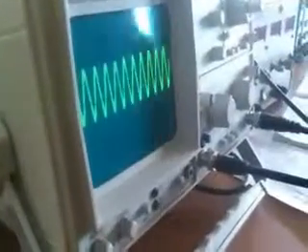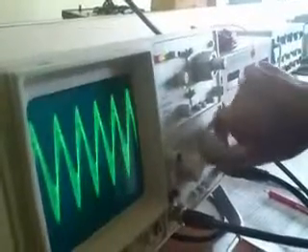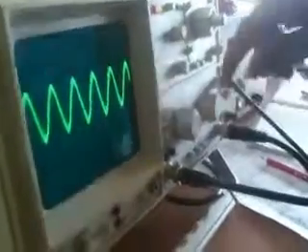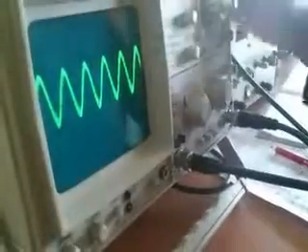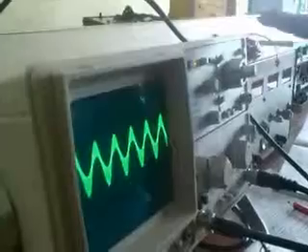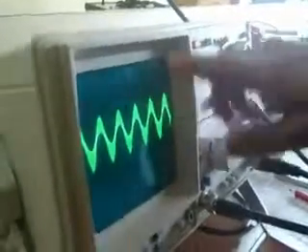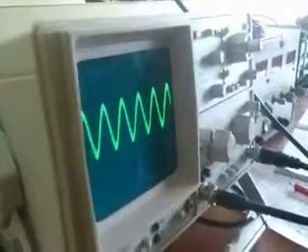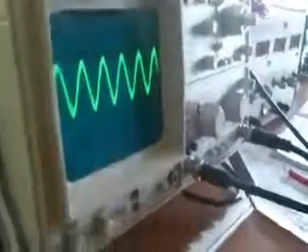Now this waveform has been adjusted by hand, but before that we got the waveform in this way. When you are getting such kind of waveform, make sure you are adjusting the frequency in such a way that you can see sine waves, and then you also adjust volts per division. This is a blurred sine wave, so you also make sure that you are adjusting the knob. If it is this way, you can see blurred sine waves. When you do it, it becomes a proper sine wave.